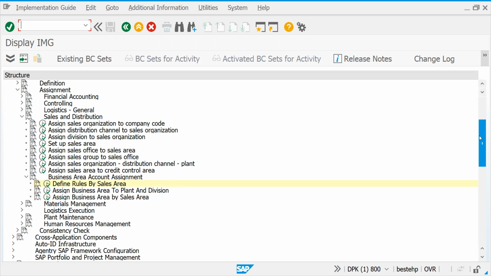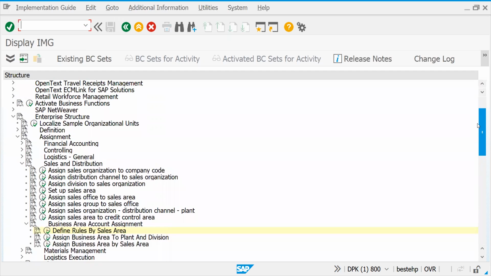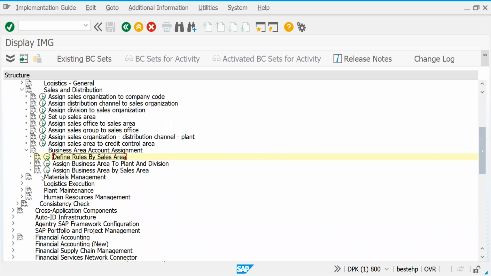So that you can remember this one. Business area is nothing but, for example, TVS Motorcycles would like to do their revenue calculation based on the 28 or 30 states available in India. Across the state wise, they want it. Sometimes they even want it district wise. They want it product wise. It all depends on how they want to differentiate. Based on that, however many business areas they require, they will create it, and based on that we are going to assign certain rules here. Okay, now let's come back.